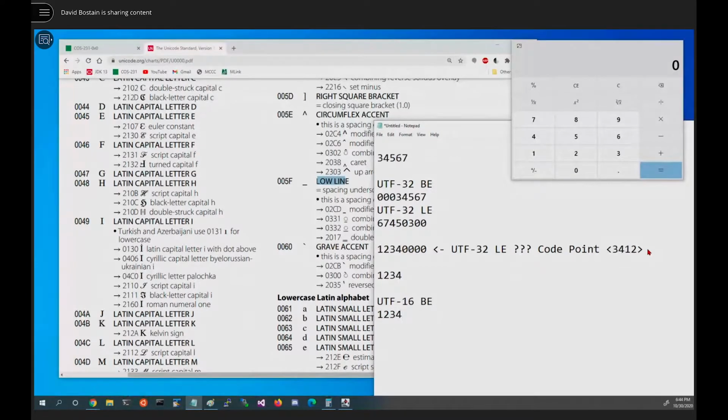Maybe that's the easiest question of the night. That's even easier than the other one was. So if we took UTF-16 little endian, you'd have 3412. And we'd write all 16 bits together because they're a unit of 16. So if we had a second character, it would be separated with a space, and the next character would be like 4444 or something.